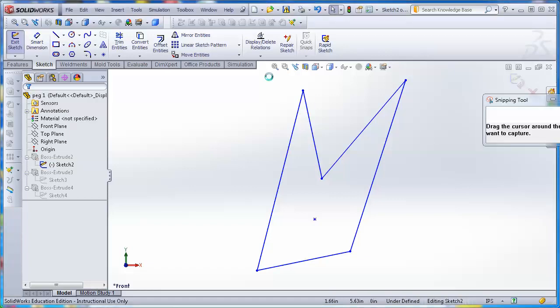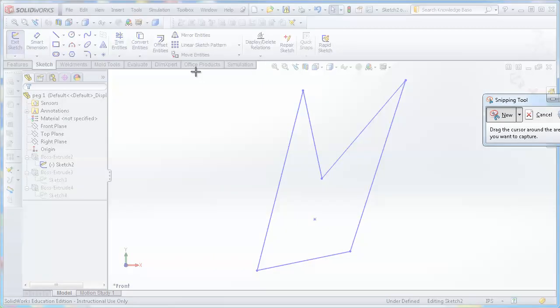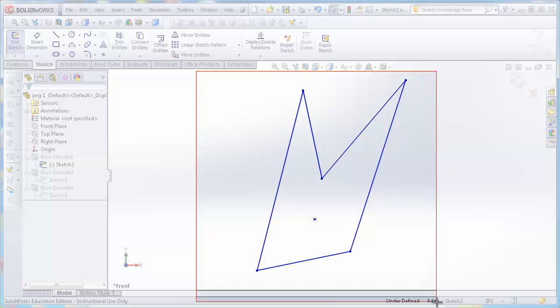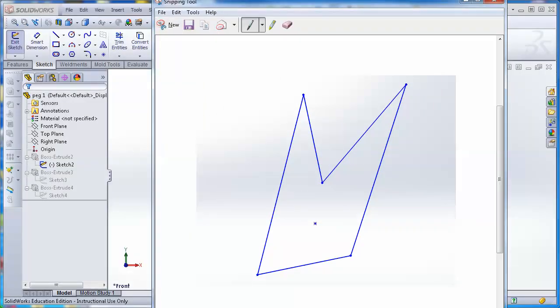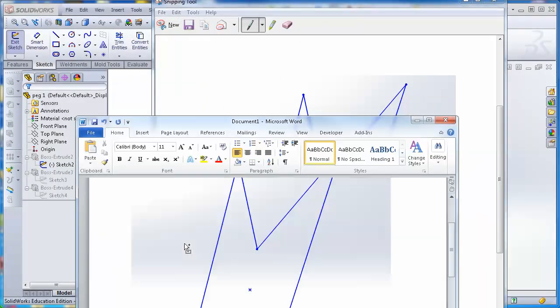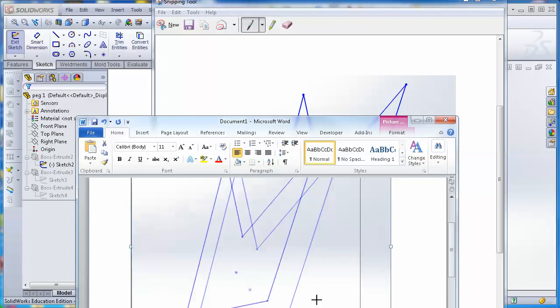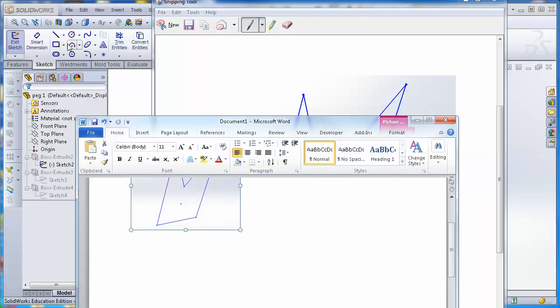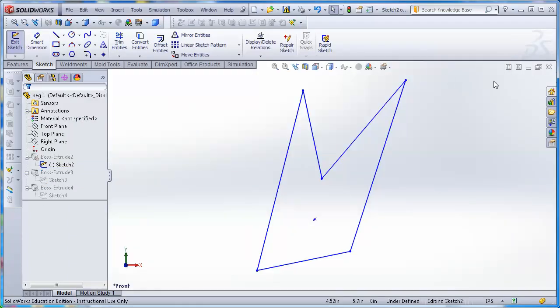I'll go to the snipping tool, steal the sketch. I didn't steal it very well. Let me try that again because I didn't really get around the window very well. I need to bring forward the snipping tool. Ah, there it is. Okay, try that again. New, and I'm going to intentionally be a little bit large on grabbing this thing. That's a better version of the sketch. Take it into Word, paste it, shrink it a little bit. Good. Go back to SolidWorks, exit this sketch,